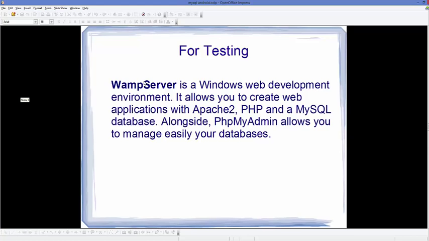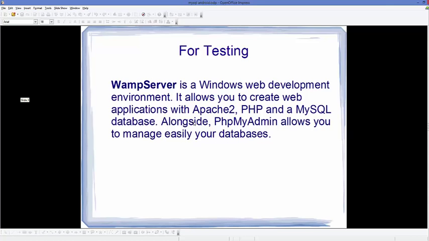WAMP server is a Windows web development environment, and it allows you to create a web application with Apache, PHP and MySQL database. Alongside, it's also going to give you PHP MyAdmin, which allows you to manage your database easily. Okay, so this is the first option which we can use for creating our first Android application and